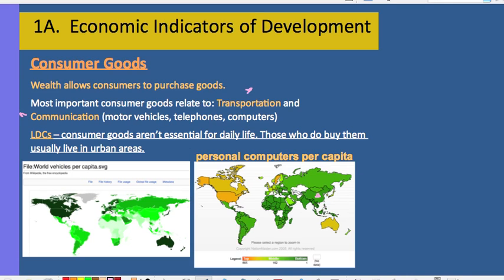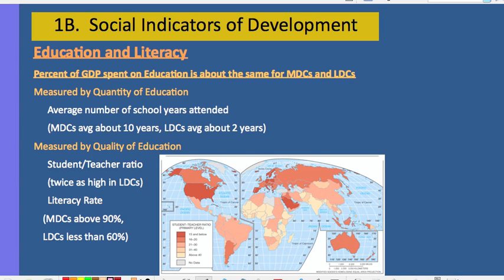All right, let's go on to social indicators. Social has to do more with people, and the two that we're looking at are education and literacy, and then we'll also look at health. So education actually has two ways of measuring development. The first one is